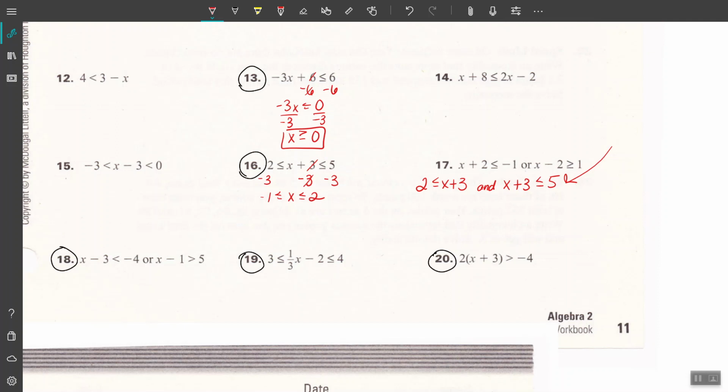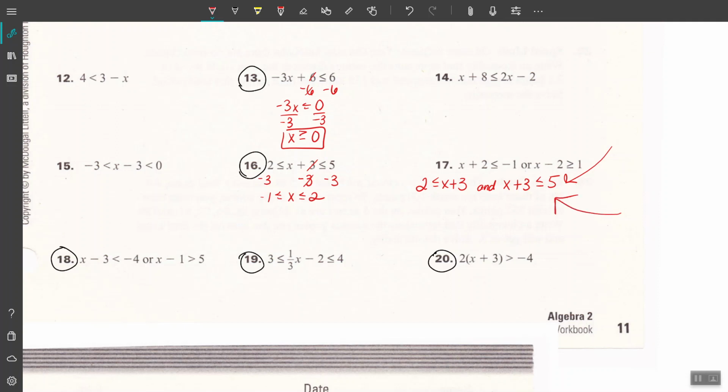So I'm basically just doing that in one step. What I would have to do over here under number 17, I'd have to do in two separate steps. I'm going to get the same answer. If I did it over here, and you can go ahead and work that out. If you just want to see what that looks like, go ahead and work out these two inequalities